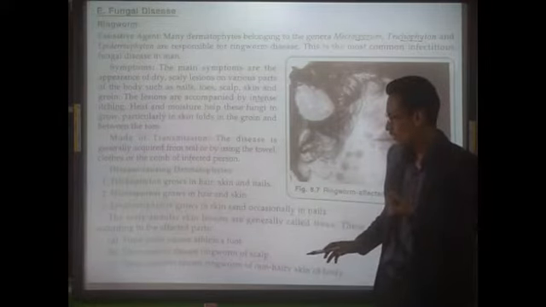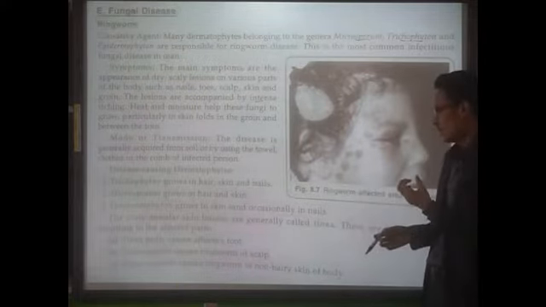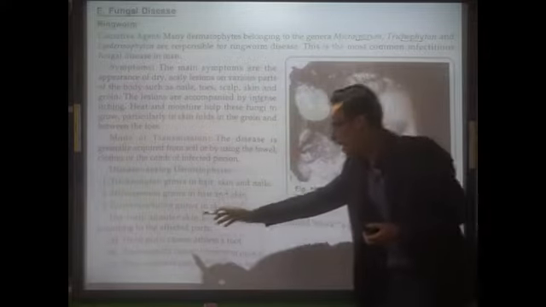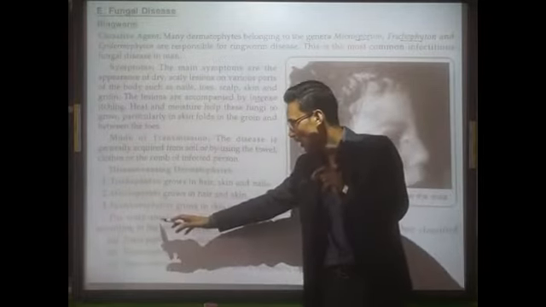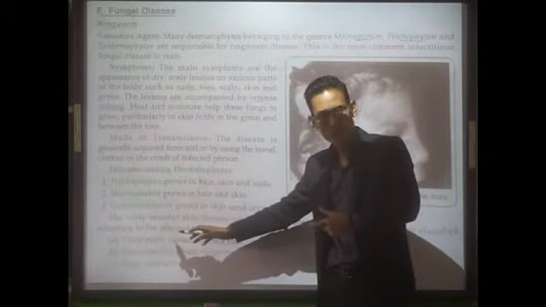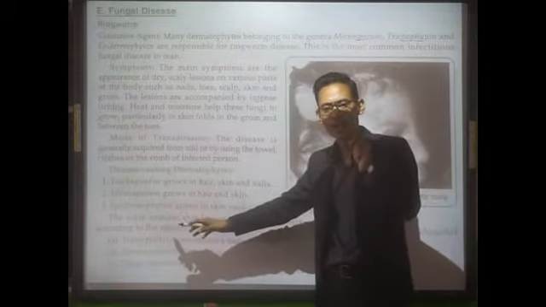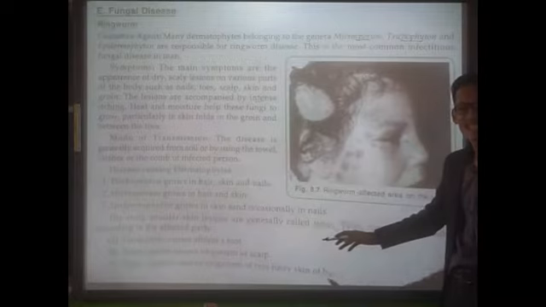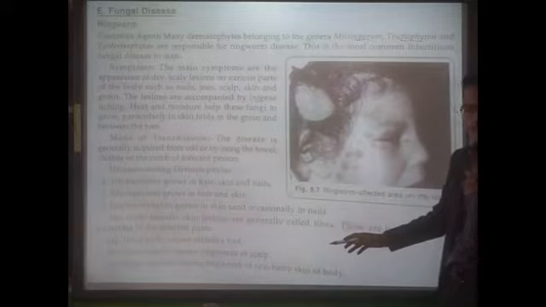Okay, so let's go through the names of a few ringworm diseases, based on their site of infection. The scaly annular skin lesions. Annular means ring. Can you remember the meaning of annular? A-N-N-U-L-A-R. Annular means ring. All of you have seen ringworm disease; it is in the form of a ring-like structure. So annular means ring, R-I-N-G. Many of these lesions are called tinea, T-I-N-E-A.